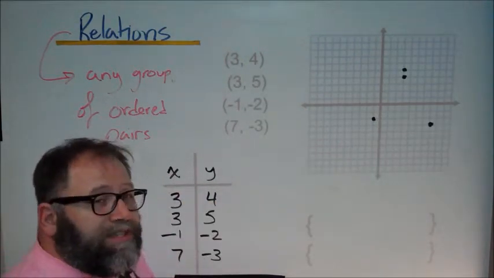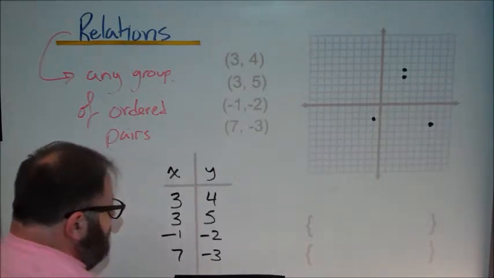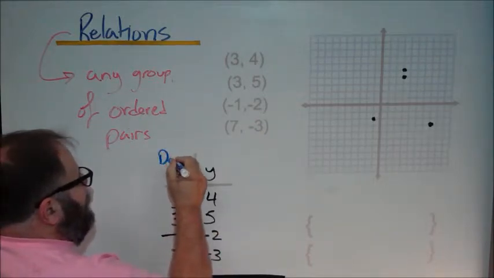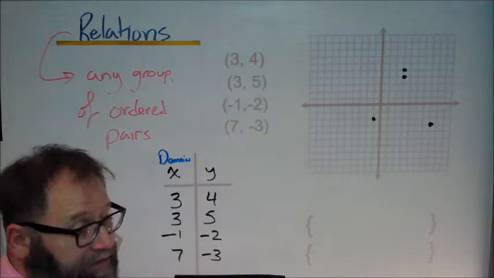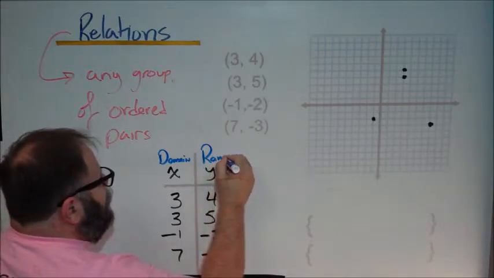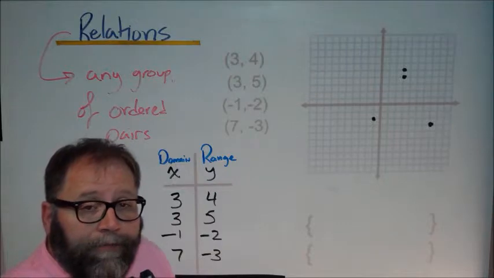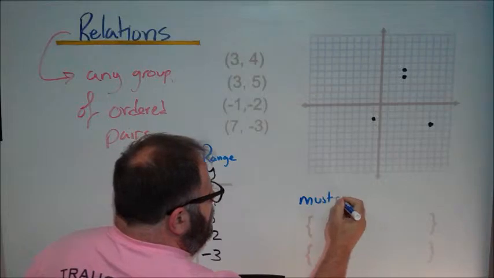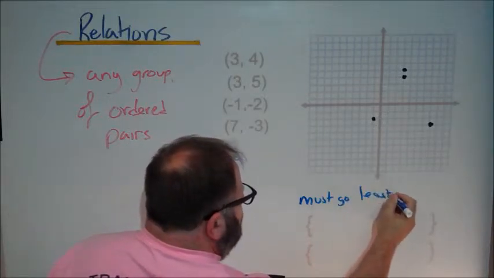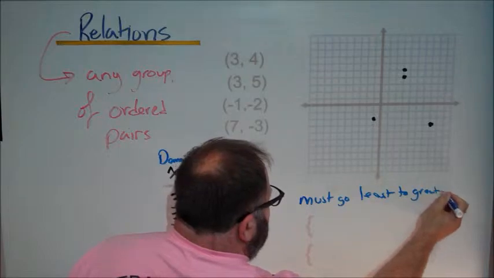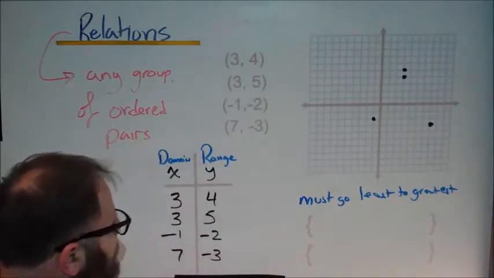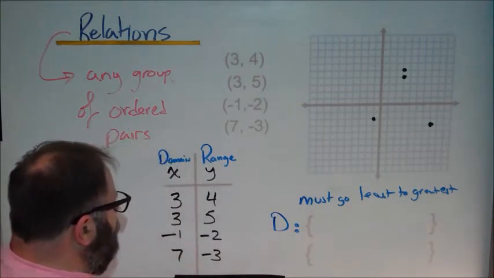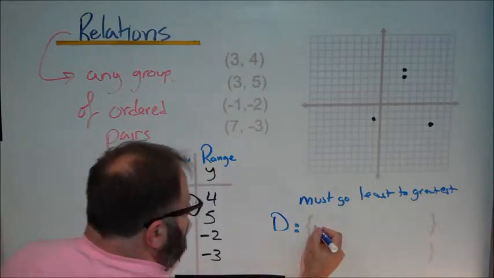And what we can do next is state the domain and range. We're familiar with domain and range, but let's make sure that we remember here. Domain are the x's, range are the y's. And when we list these, here's the critical thing, they must go least to greatest. So for domain, let's use a capital D and a colon. We've got to go from least to greatest. -1,